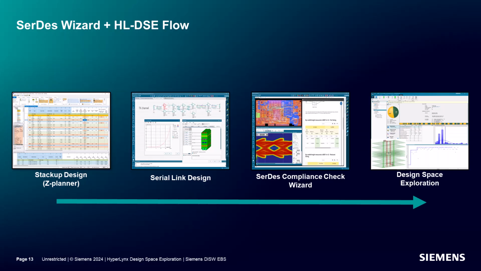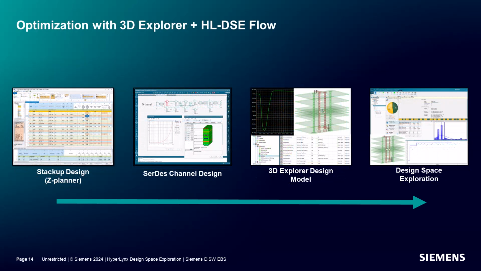In DSE, however, you're able to choose how you'd like to specify constraints. In a reliability run, a failure or constraint is specified, so the algorithm will return a pass or fail. In robustness simulations, no such failure is required, so you're returned with all results. When optimizing a component of your design, such as a via, you'll use Hyperlinks DSE from 3D Explorer.